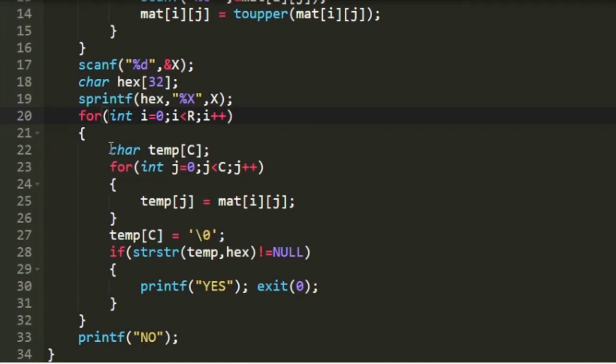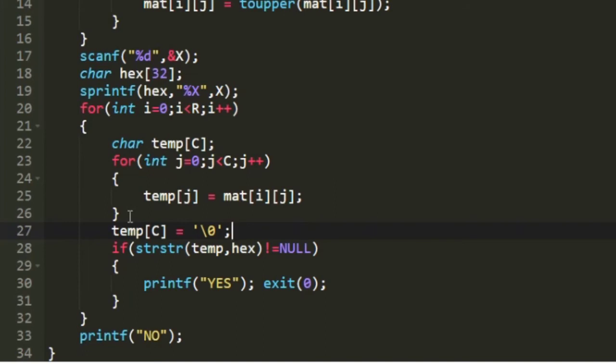So I am creating a character array named temp of size c, and then I am going to store all the characters that are present in the ith row into the character array temp. So I am creating another j loop that iterates from 0 to c, and all the characters present in the ith row will now be stored into the character array temp.